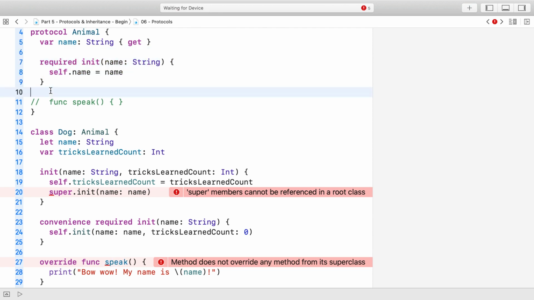For the initializer requirement, it's going to be the same sort of situation. We won't be able to use an initializer body from Animal. But we can still enforce the requirement of having a certain initializer by putting the signature of that initializer in the protocol.